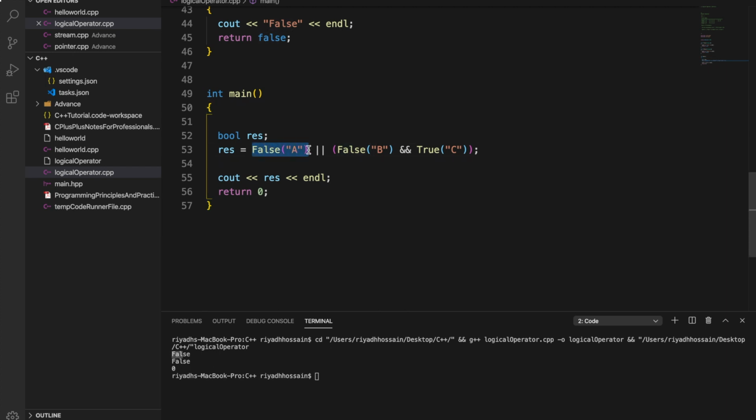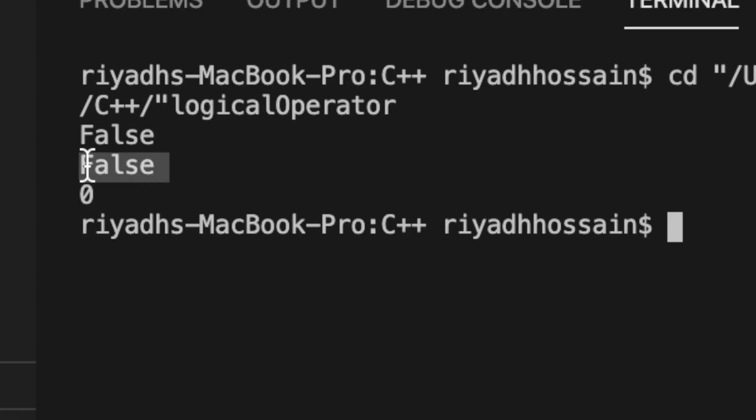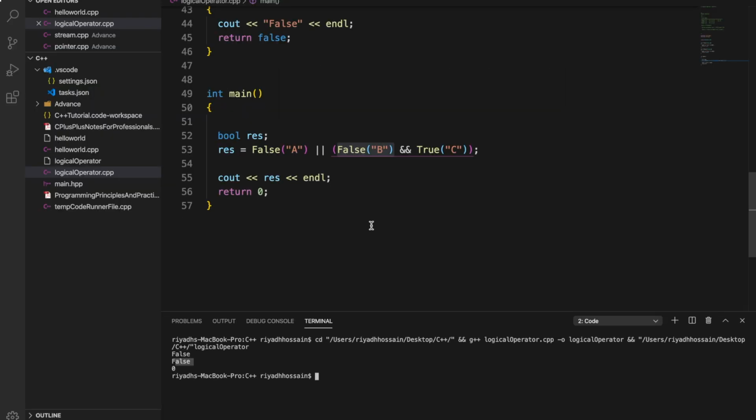evaluation which is false, and then we have an OR, so it's looking for a true value if there is a true value in the right hand side, and then it went for this part, and over here the first evaluation is false and the comparison is AND, so it will not evaluate this part. So as you can see, the evaluation for this part is false, which we got a false value here, and the evaluation of this part is false, which had a false value over here, and then it had a short circuit evaluation, so it never executed this state,